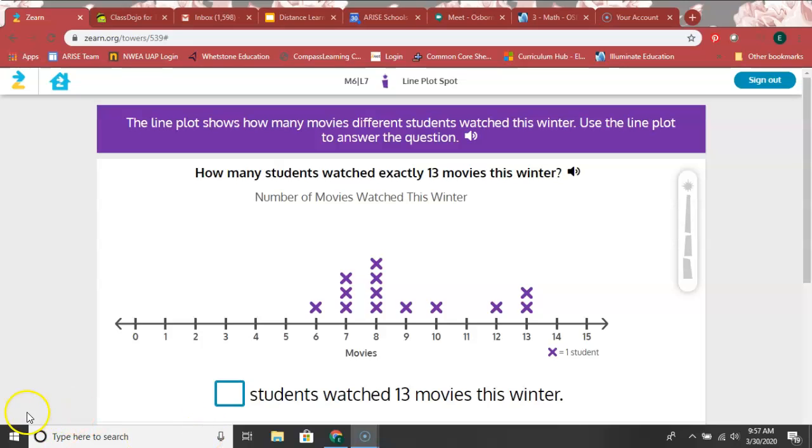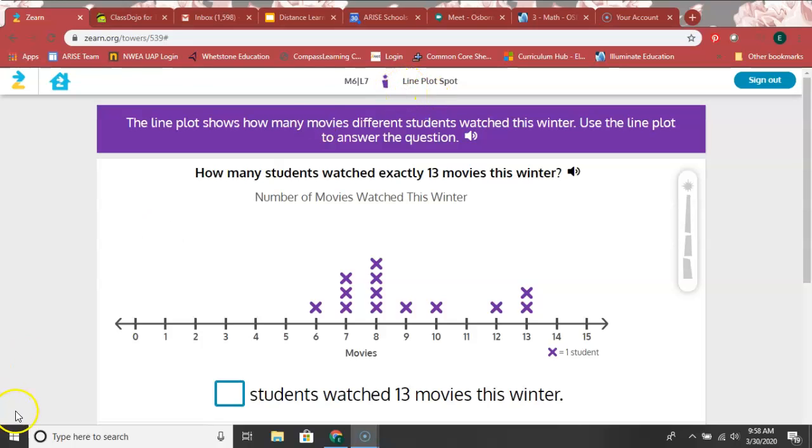So when we look at this, in order for a student to actually earn that digital lesson, they have to be on something called the Tower of Power. You'll know it's the Tower of Power when the headings are in purple, and they have this tiny symbol up here that shows like a little tower. So today we're going over Mission 6, Lesson 7, where we'll be using data to put data on a